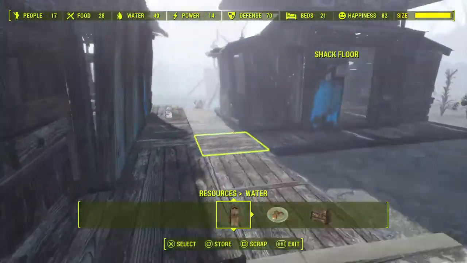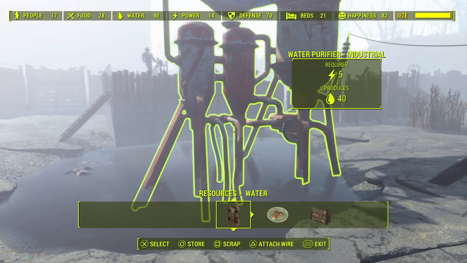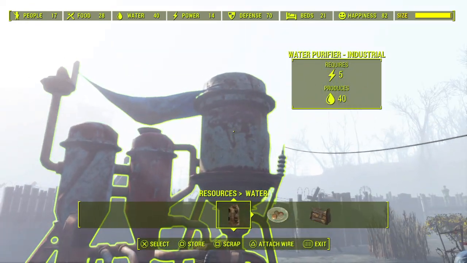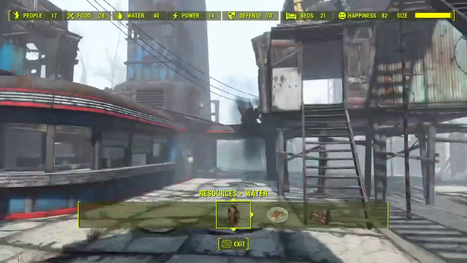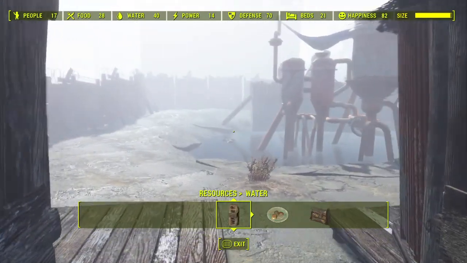But like I said earlier, the size of your settlement all depends on how much stuff you've got in it. If you can build one of these instead of a load of water pumps, obviously it will mean you can build other stuff, power armor stations, bars, whatever, you know. So speculate to accumulate, shrink it